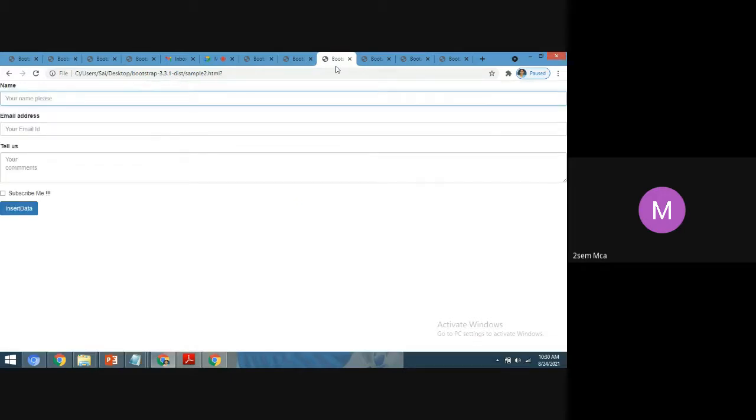Bootstrap we are mainly using to develop mobile applications, and Bootstrap is responsive. To develop a responsive web page, we are using this Bootstrap. Responsive means what? Dynamic. Is it right? So immediately we get a response. But if you develop a static web page, will you get a response? No. In the static web page, you will not get a response.